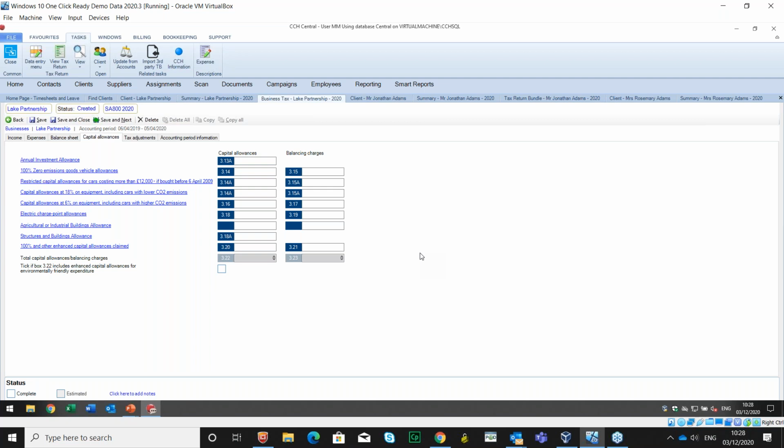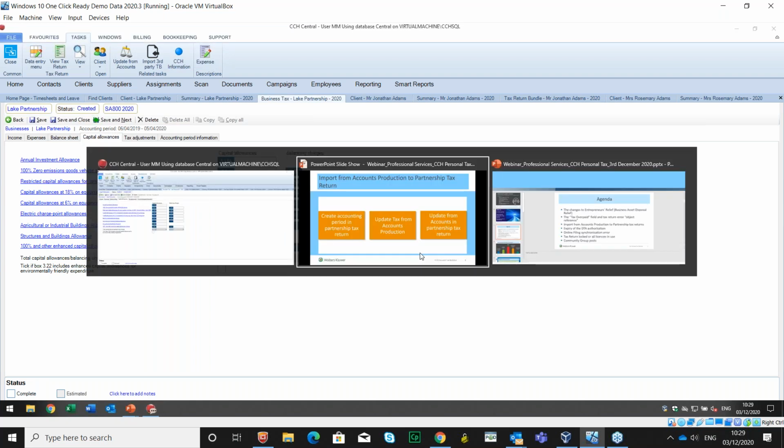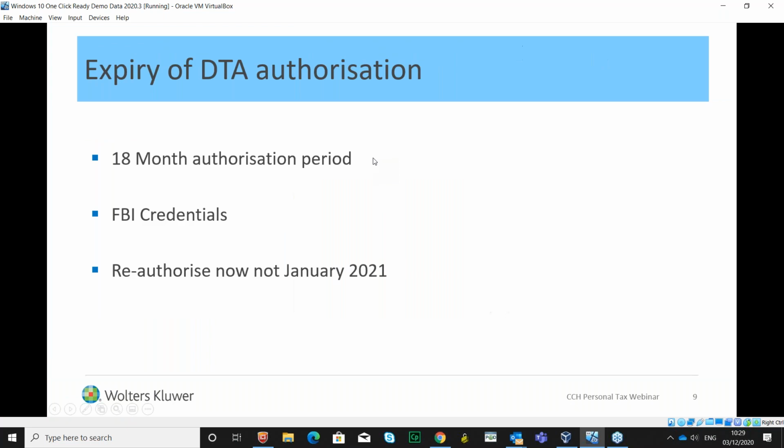Okay, so that's the importing from accounts production to partnership tax returns. I'm now going to look at the expiry of the digital tax account. So these were set up usually within about 18 months. And once you do have the digital tax account authorized, it will last for another 18 months. So the first thing we need to do is to find your FBI credentials. And I would advise you, because a lot of people are coming to the end of the 18 months now,